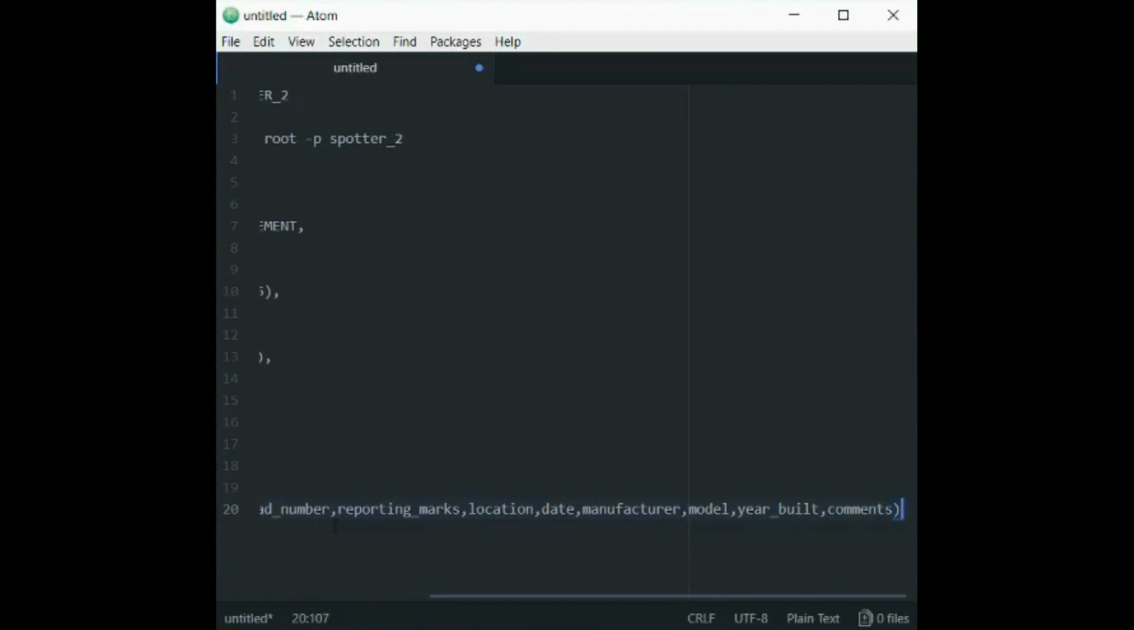And then you do the same thing. This is a lot like practice, except you put in values. You don't just go solely with the order. Whichever values correspond to these columns in the correct order. So road number 1845, reporting marks ADIX, location Thundera,